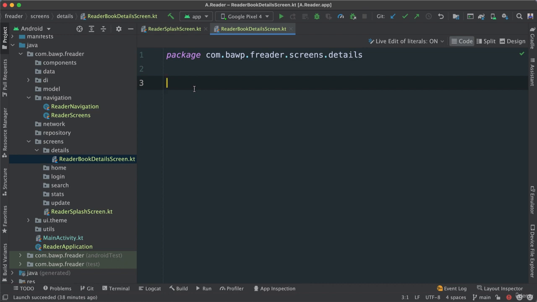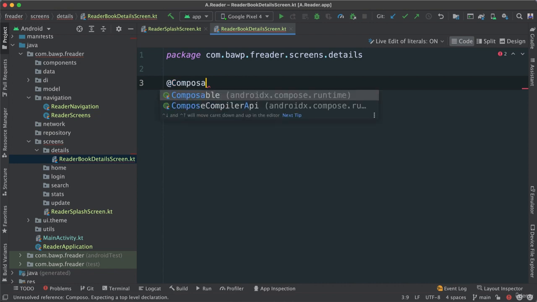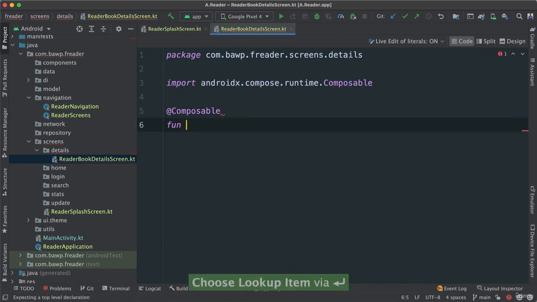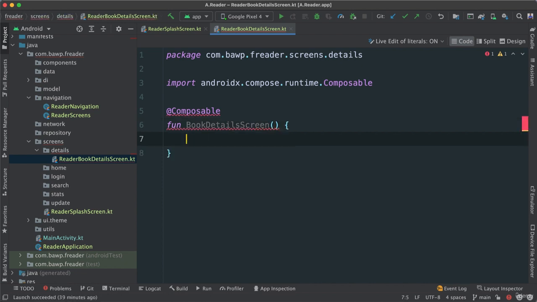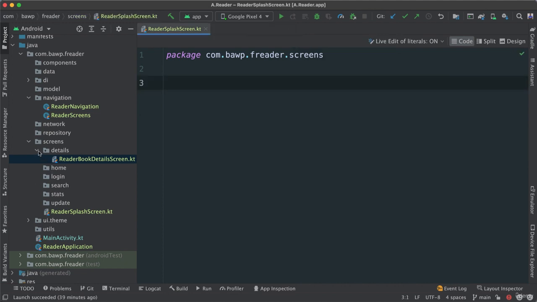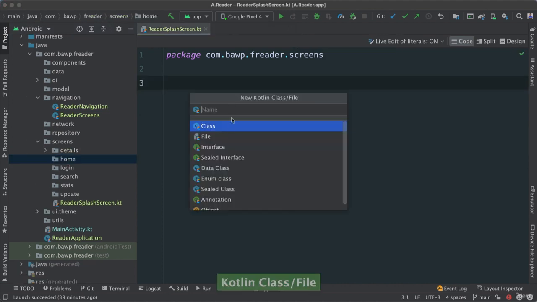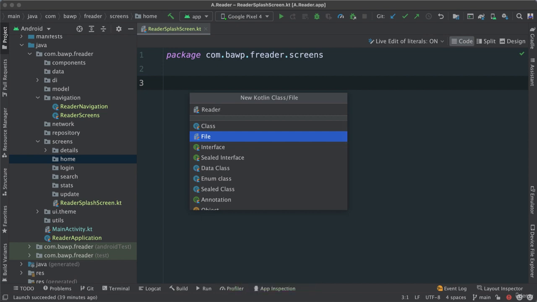And here I'm just going to create a composable function called book details screen, like this, and we can leave it at that. We're going to go back to that. And then for our home, reader, look at the naming convention, home screen,